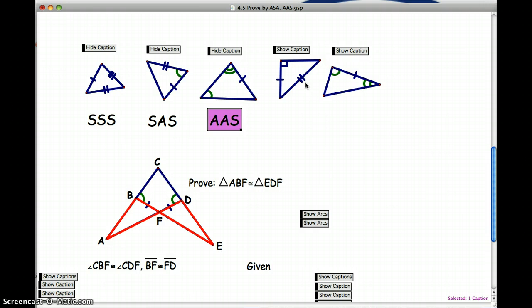Okay, we don't use angle side, even though technically that is angle side, right? We don't really use it. It is because this is a right triangle, it is the hypotenuse leg. Okay, hypotenuse leg. And then here we have angle side angle. Okay, and that's our last one, angle side angle. So all of these are now arsenals in your toolbox in order to help you prove that triangles are congruent